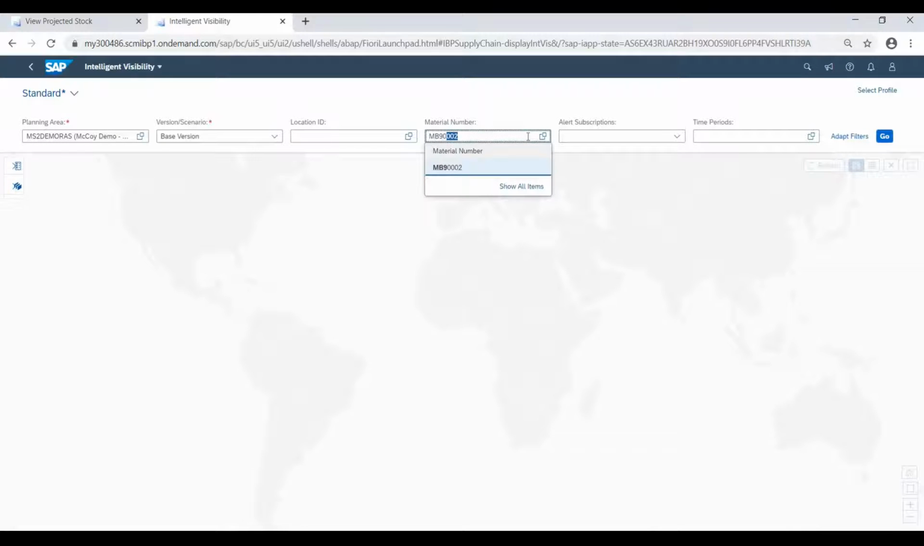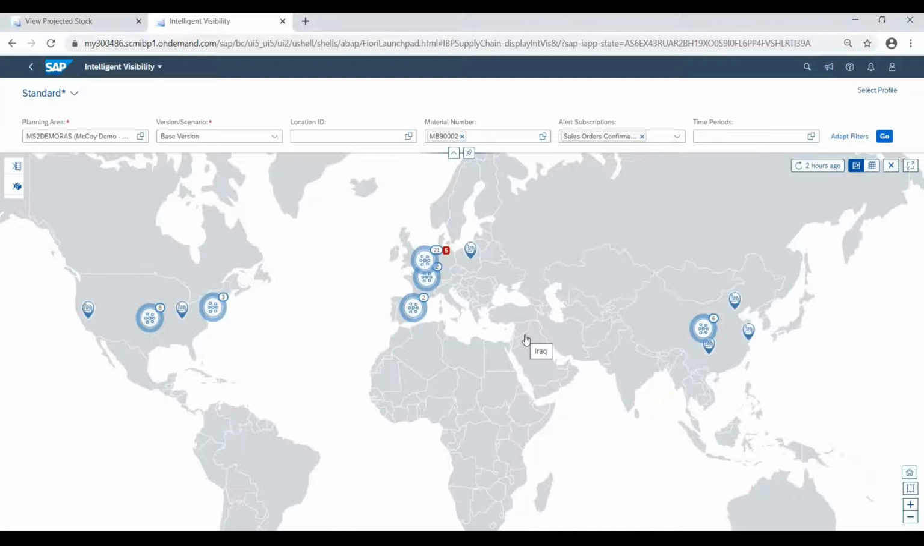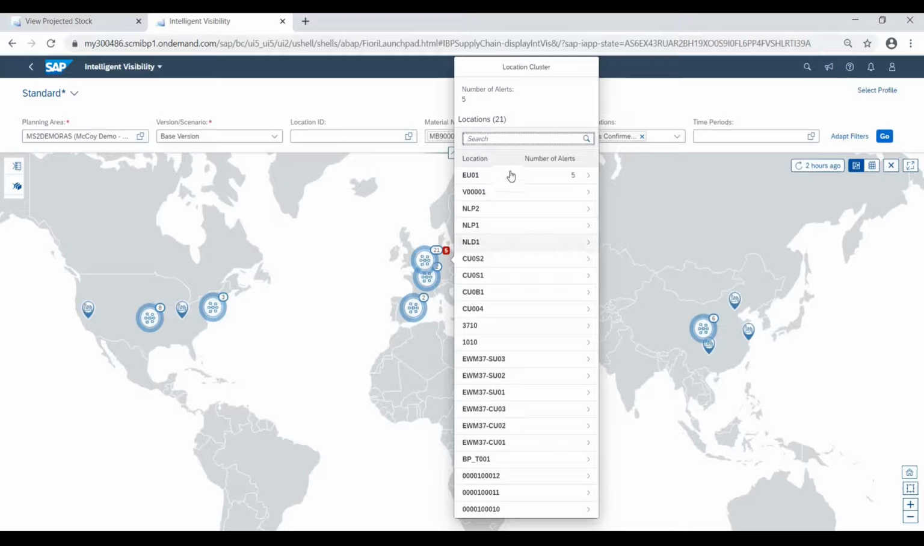And as I was saying, we can select our material and the alert that we subscribe, the sales orders that are confirmed late. In this map, we can see all the locations we have, and we see a red 5, which means that there are 5 alerts in this cluster. So here we see different locations, and the alerts are in the first one. So if we click,